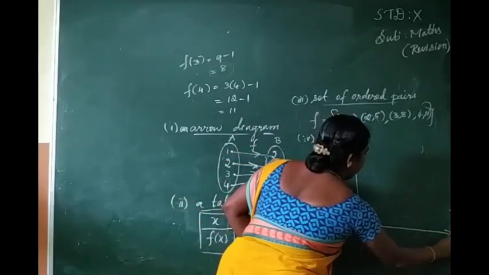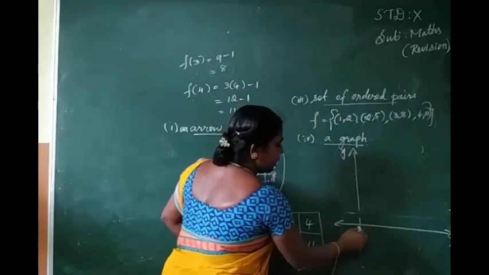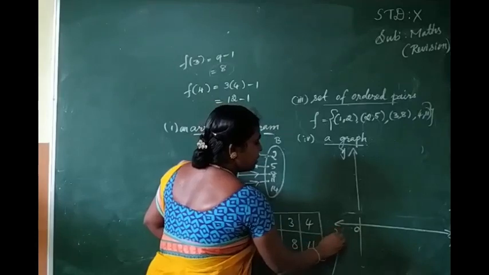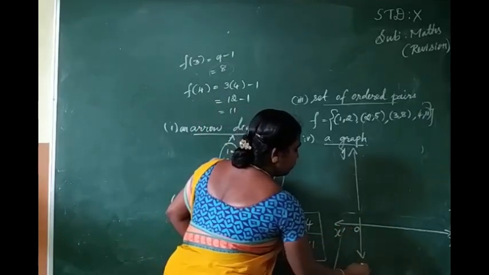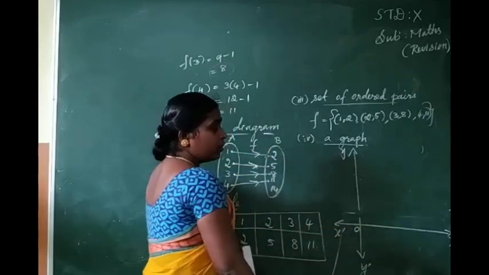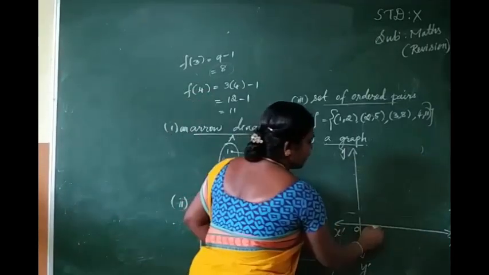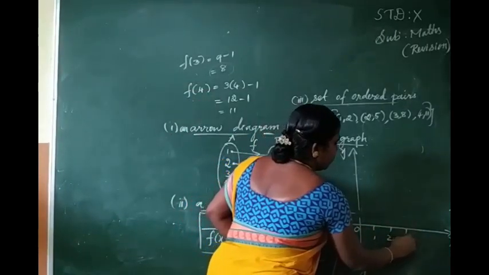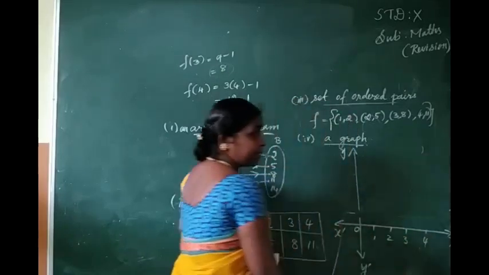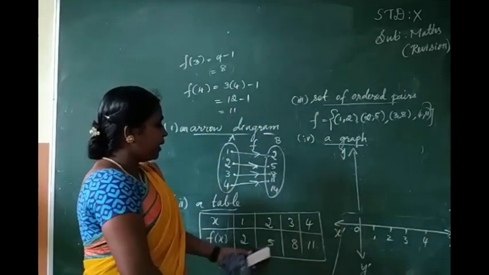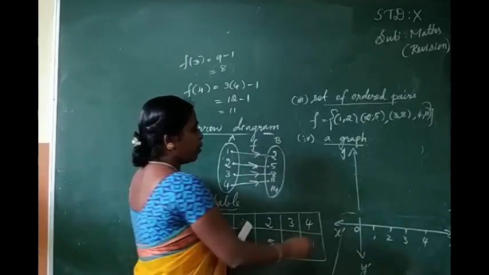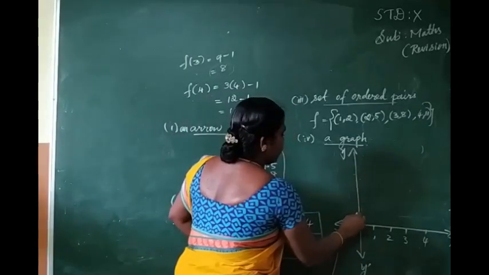Okay, see x, y. Next the center is 0. The left hand side is x dash. So down is y dash. Okay. Then we need in x a maximum of 4. So I am going to write up to 4: 1, 2, 3, 4. Okay, that's exact. So in the y axis, I need a maximum of 11. So up to 11 I am going to write 1,